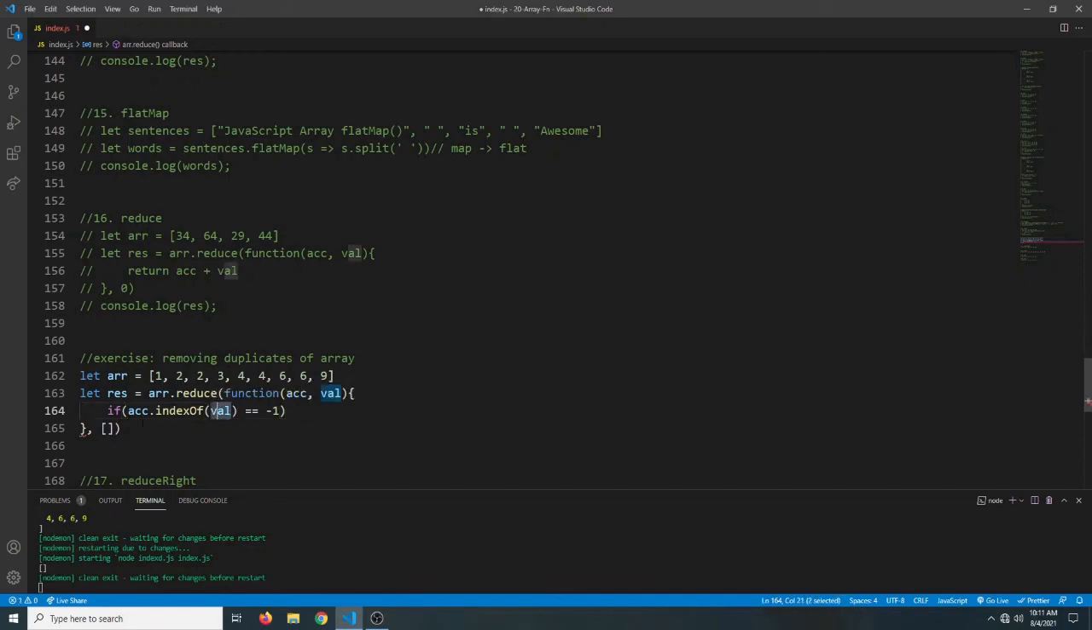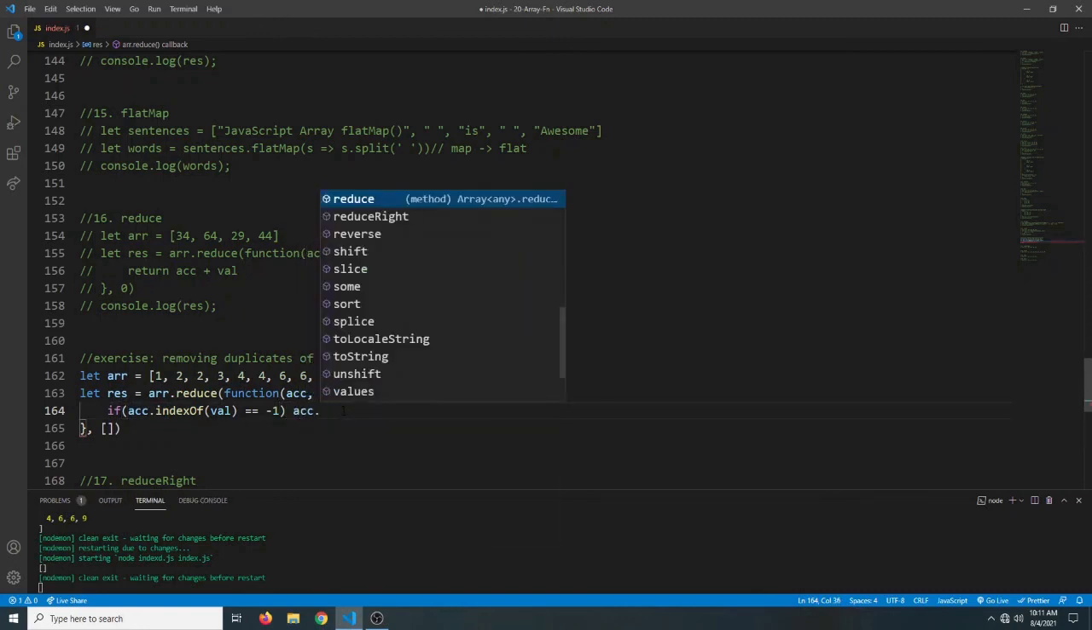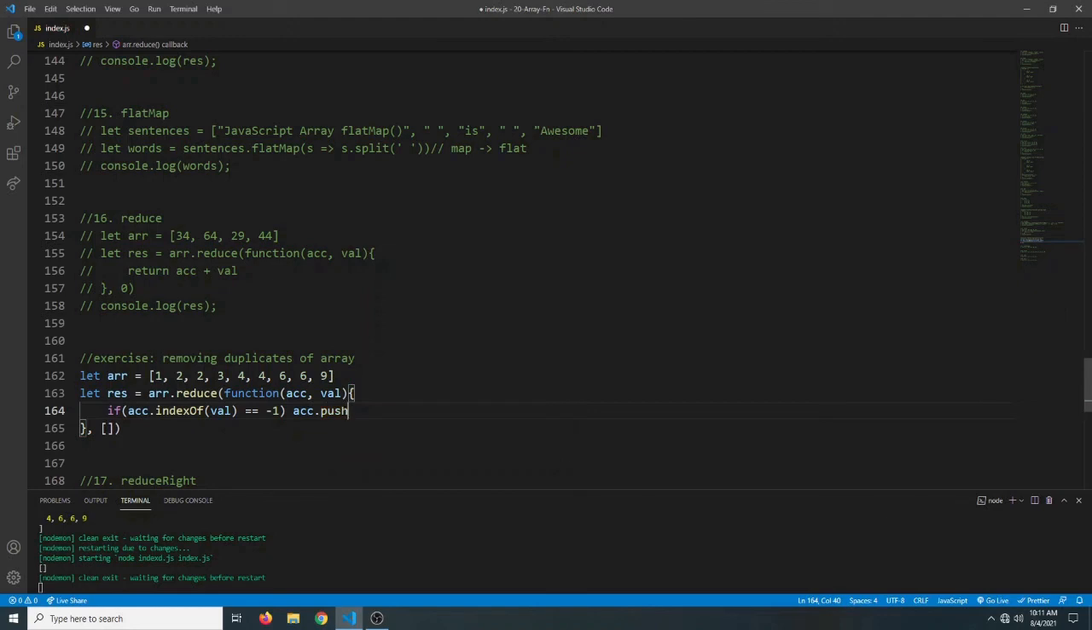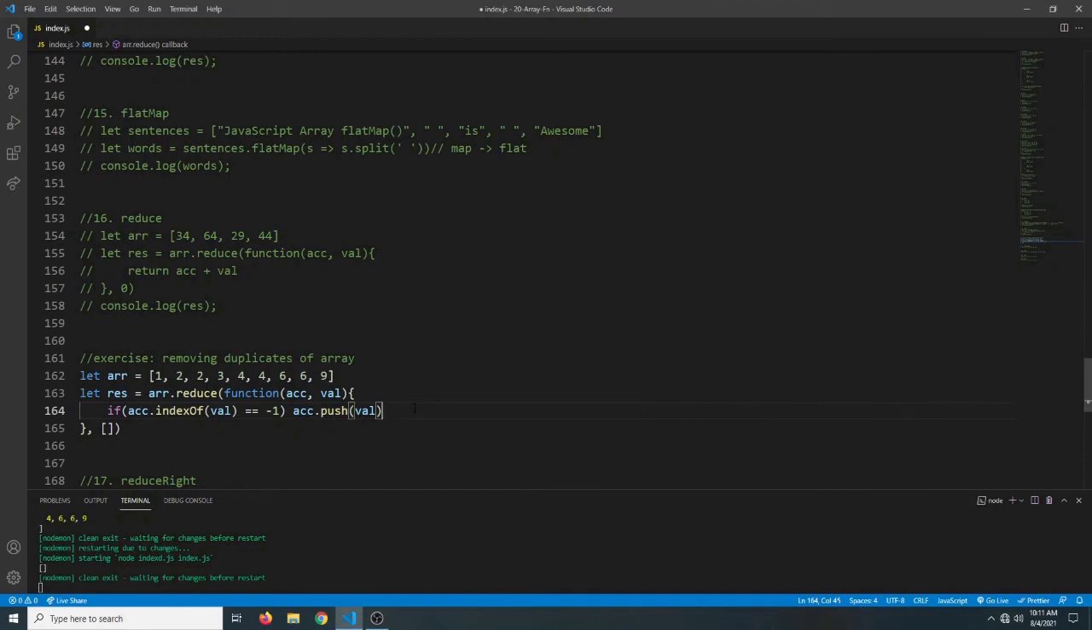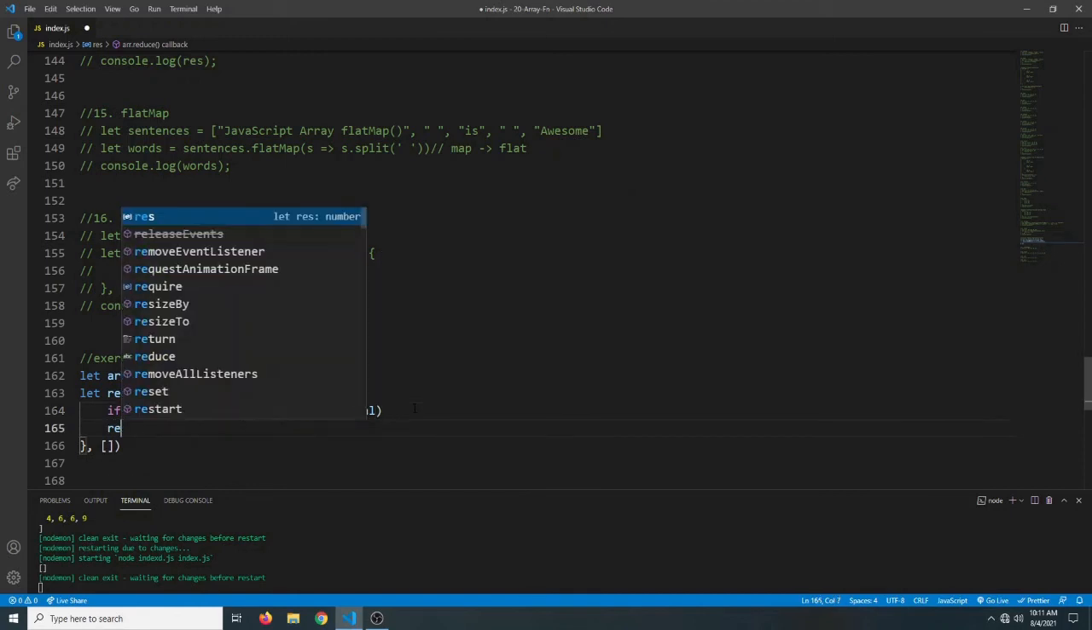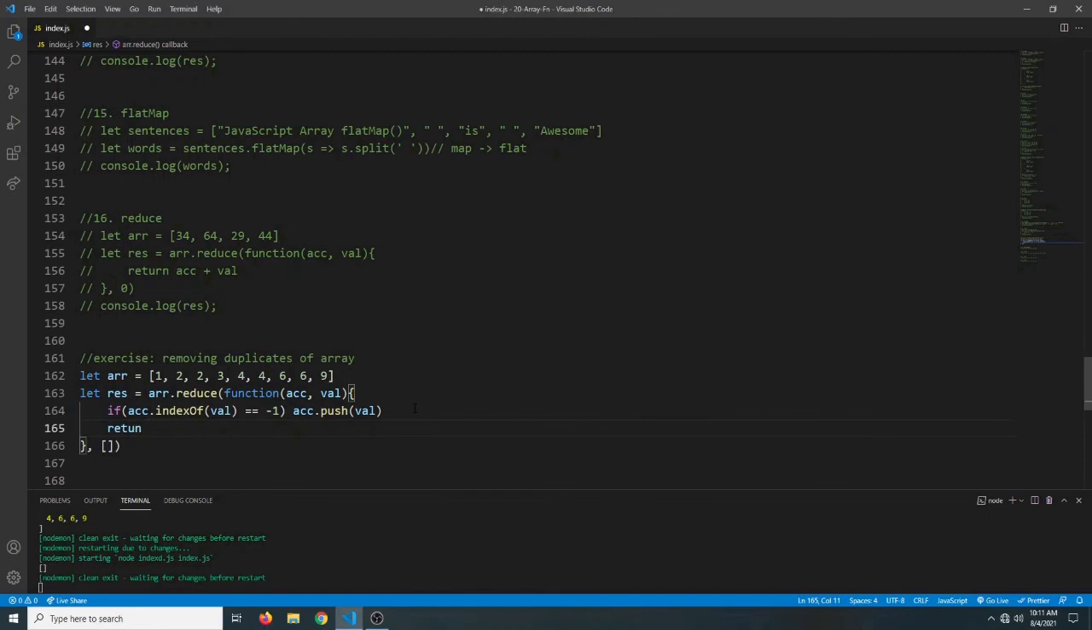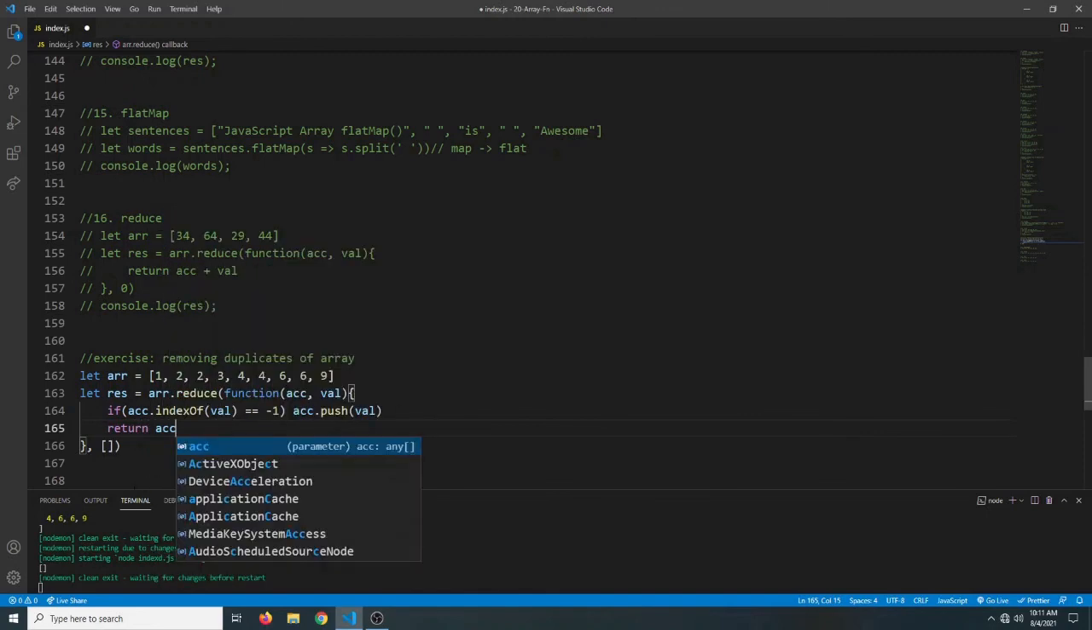So basically now we're checking if the accumulator does not contain the value. If it doesn't, we're simply gonna push the value to the accumulator. So we can say accumulator.push(value). But if it already contains the value, we won't do anything, and at the end we're simply gonna have to return the accumulator. So if you say return accumulator and let's console.log the result,